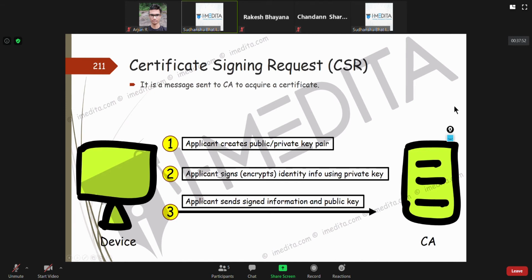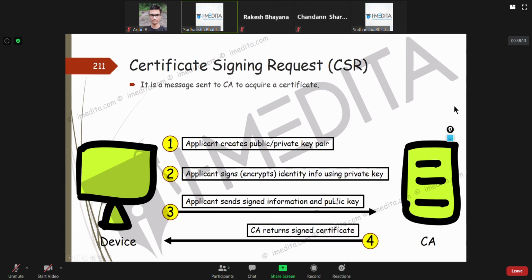So basically, the CSR is encrypted using the private key. But when you give the CA the public key and the signed encrypted information, they will be able to decrypt this signed information, right? So once they check it out, they give you a signed certificate.